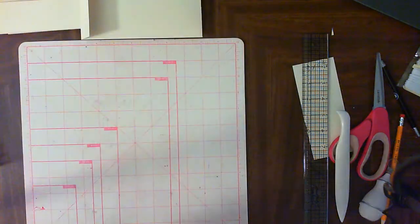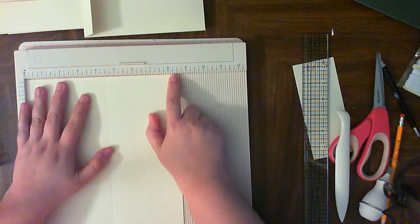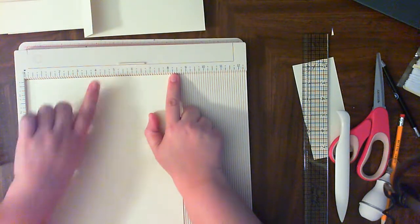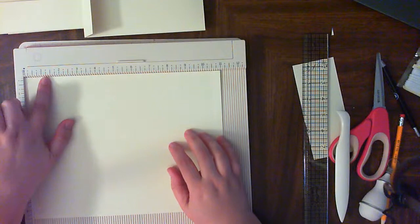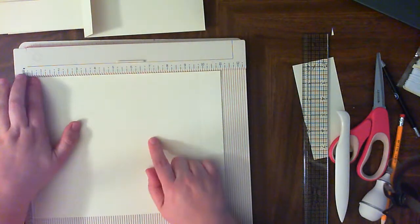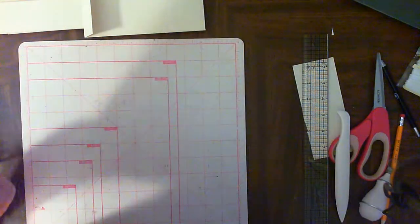So what I did here is I took an 8.5 by 11 sheet of paper, put it in here at the 8.5 mark, and I scored it at 1/2 inch, and then I scored it at 4.5. Okay. Then I turned it this way, and I scored it at 1/2 inch and 9 3/4. Okay. Then